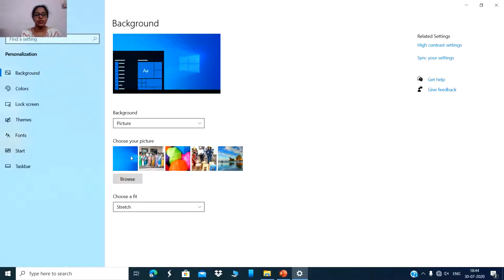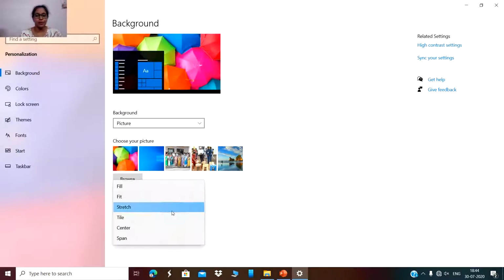We can also click on the Browse button and choose any other picture which is in the computer. Click and choose a suitable option from the Choose a Fit drop-down menu.